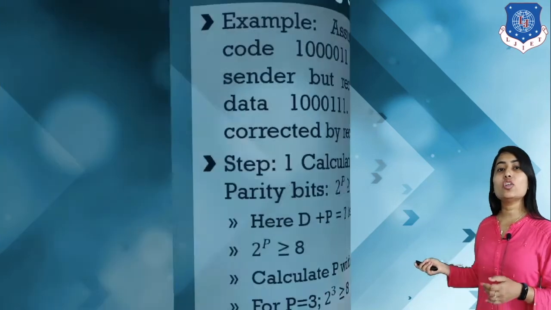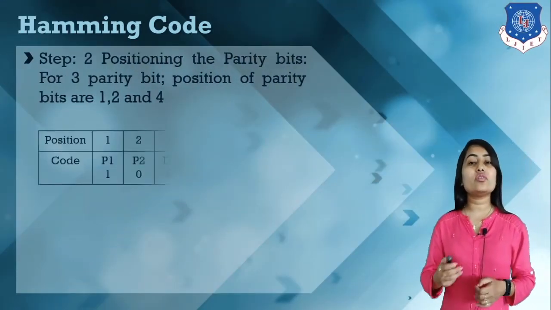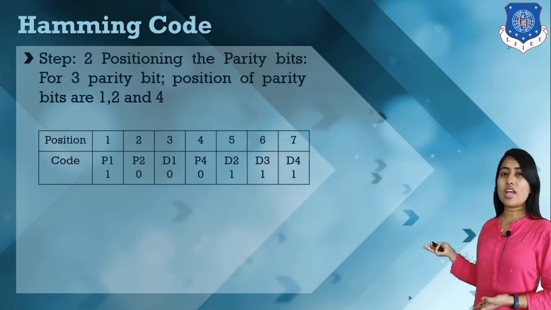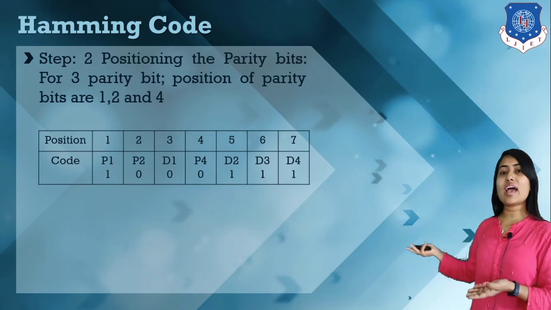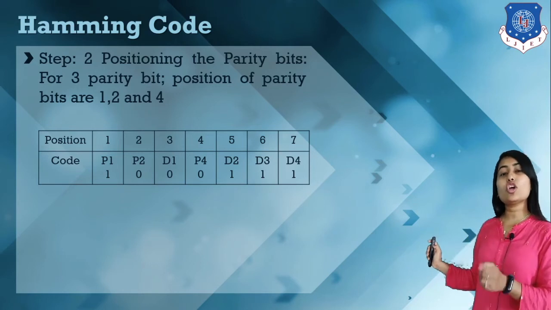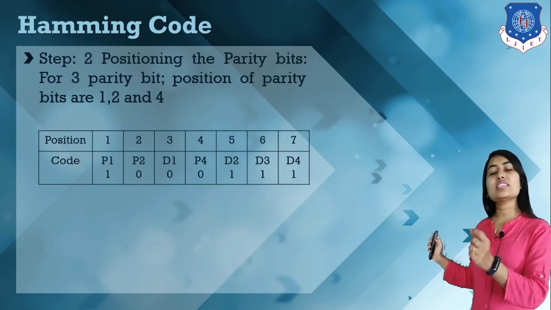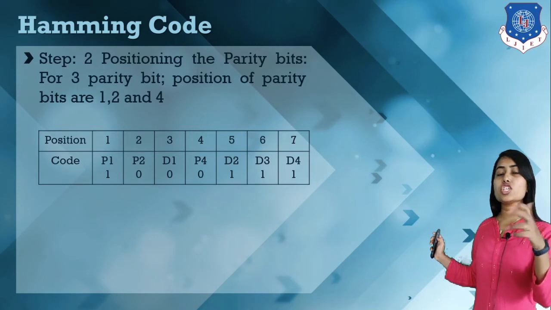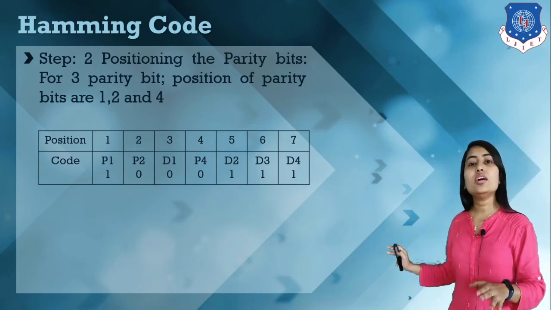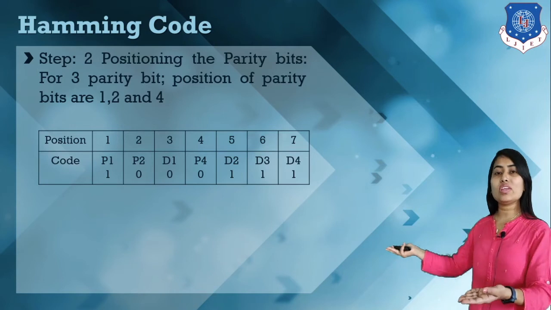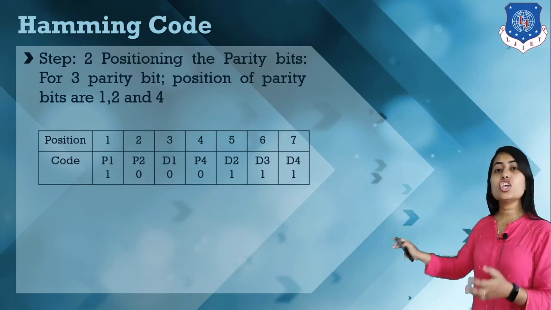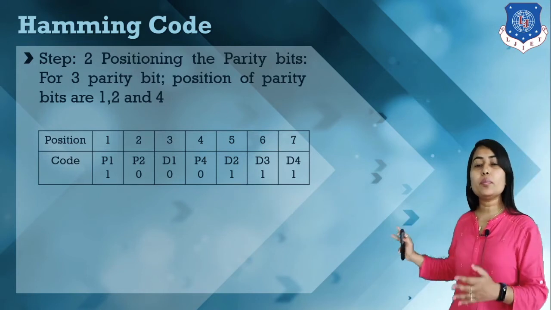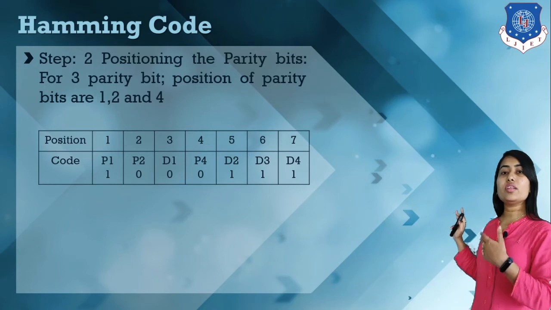Next, calculate at which locations our parity bits and data bits are. Here we make a table with the values which are received. Remember, we write the values received by the receiver, because the receiver performs recalculations on the received message. The transmitted message is here for our reference only. So we write the received message 10001111, with positions p1, p2, information, p4, then information.